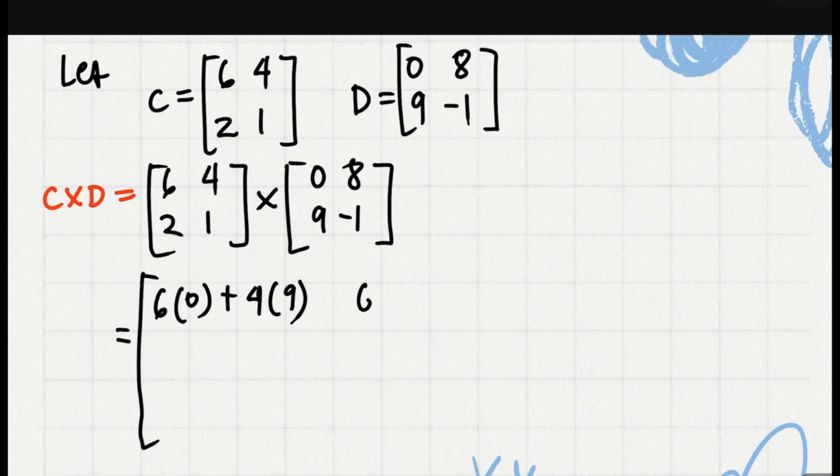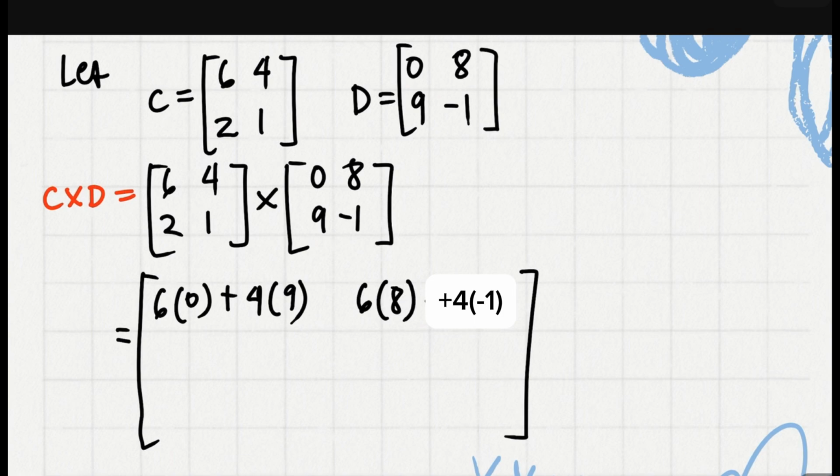Then we multiply the first row of the first matrix to the second column of the second matrix. So that's 6 multiplied to second column of the second matrix. This is 6 times 8 plus 4 times negative 1. Then on the lower element of this matrix, we have